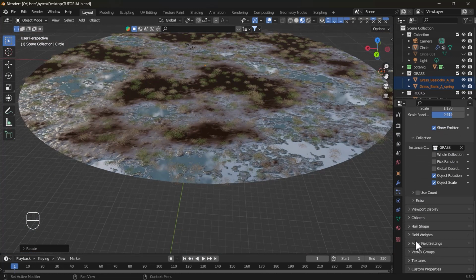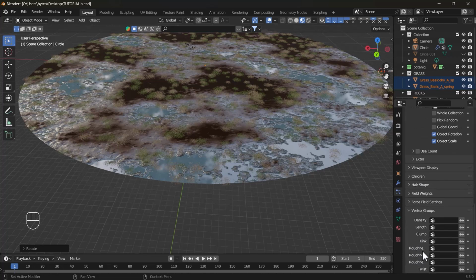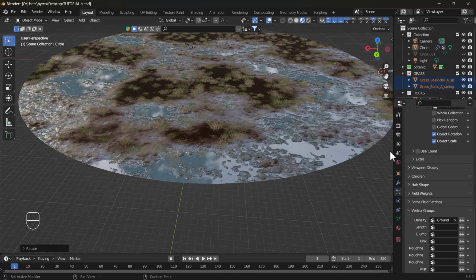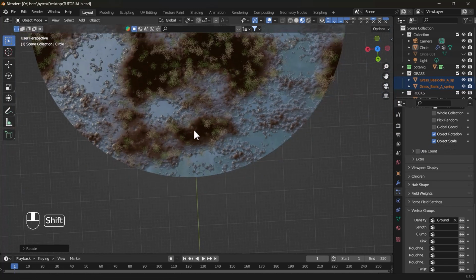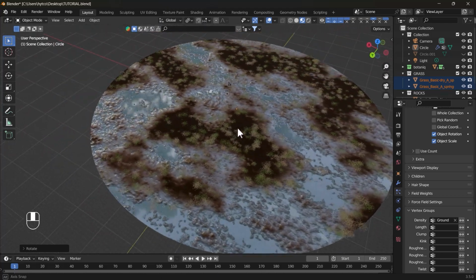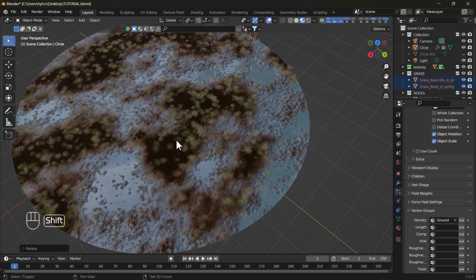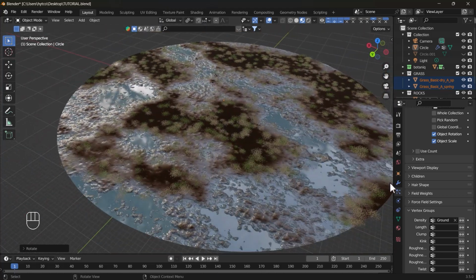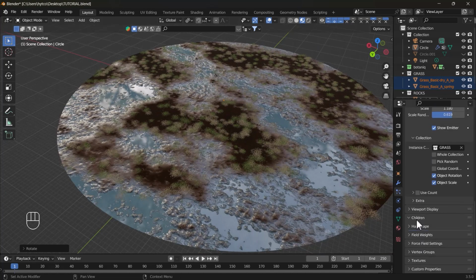Okay, so now come down and you can see Vertex Groups. Remember, we just spent a lot of time on this thing. Okay, so open the Vertex Groups panel and you can see Density on top. That is the weight paint we just did on our plane, because we are instancing the grass first. So in Density, we'll select ground, because we want to add our grass to the ground area that we already weight painted on. And boom, we have our grass just where we want it. And you can also come at the very top, and in the number section, increase it to your liking.